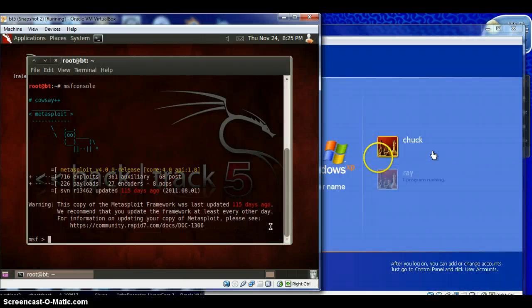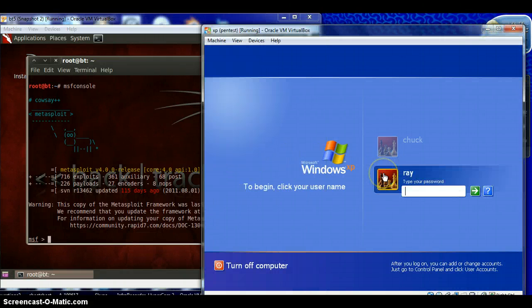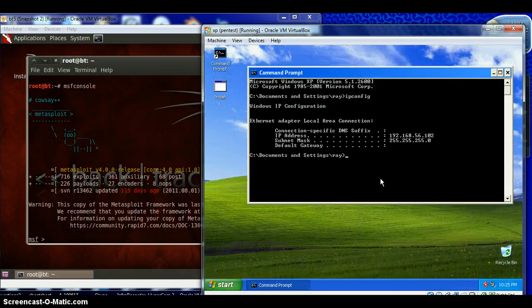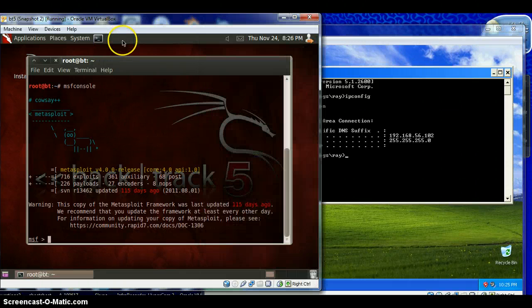Alright, as promised, we're back here to our second tutorial. And we're actually going to create a Trojan and send it over to this computer. So this one here, the backtrack, is the attacking computer. This is the one being attacked over here, the XP machine. So we're going to use this tool called metasploit. We're going to make a payload